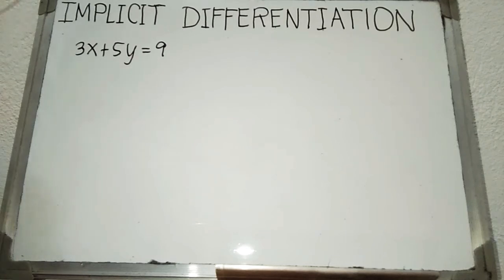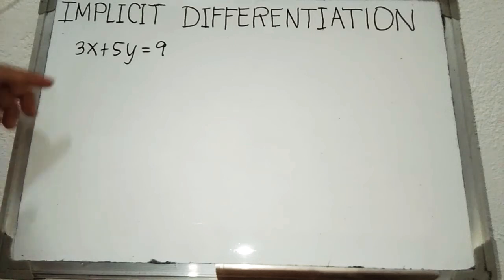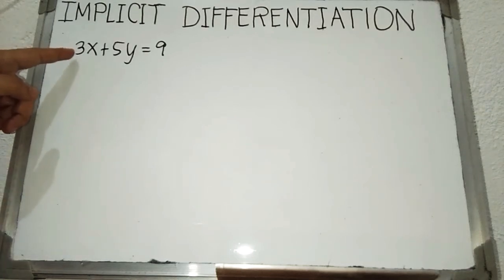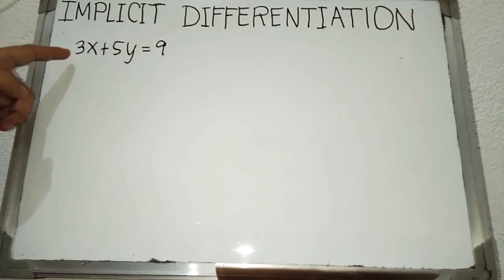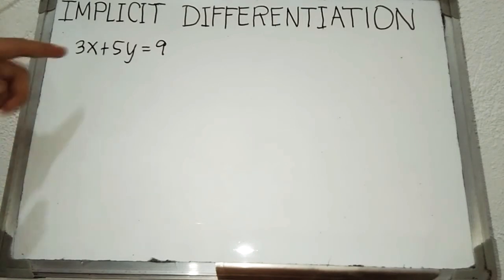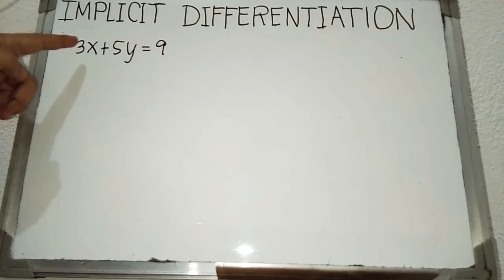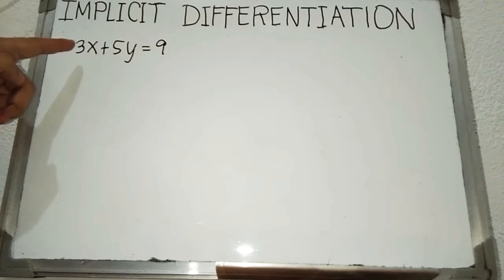Hello guys! In this video, we will be discussing implicit differentiation. Now this is an example of an implicit function, meaning to say, this function does not define explicitly the function y with respect to x. So this is an example of an implicit function wherein we are going to apply the derivative